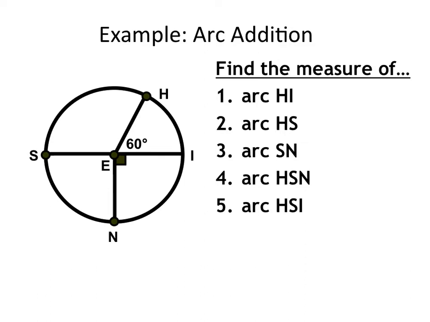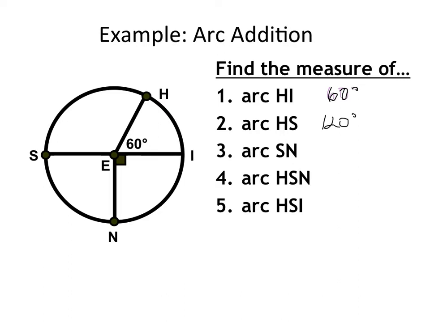So, looking at this, we can find some arc measurements. We want to measure the arc HI. And we can see here, HI is right here. It's got a central angle of 60 degrees. It's a minor arc, so this arc will also measure 60 degrees. Let me get you a darker color here, 60 degrees. Now, arc HS. If we look at this, we can see that arc IS is 180, minus this arc IH or HI, will give us 120 degrees